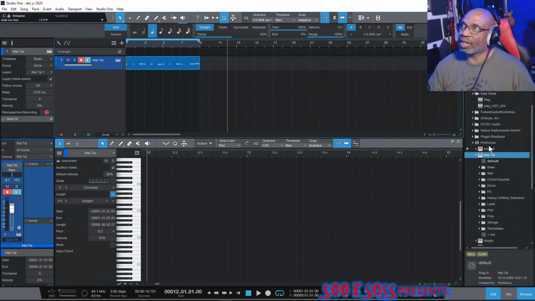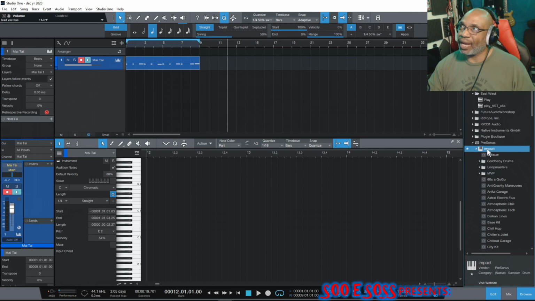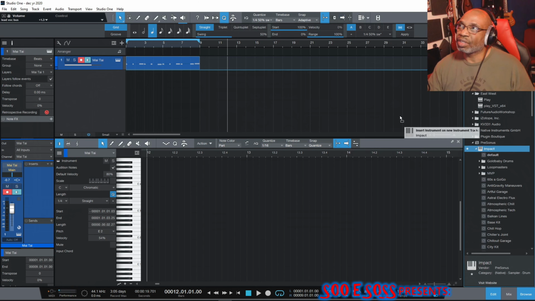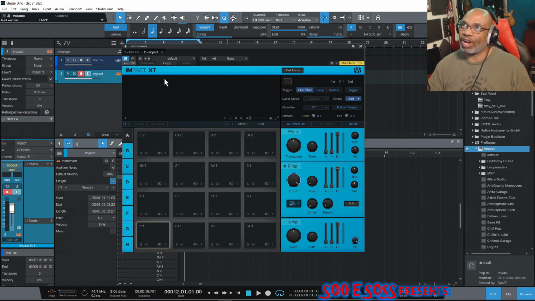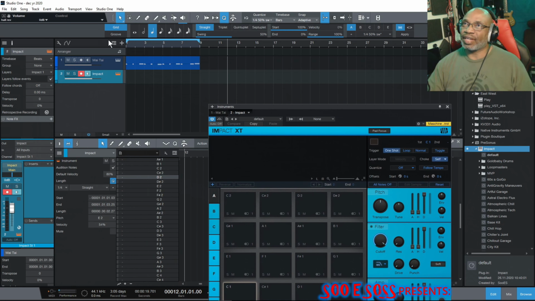So now, and this is also in Studio One, Impact. This is the drums. So I'm going to take Impact and I'm going to drop it right there. However, and this is the drums right here. And however, what I'm going to do now